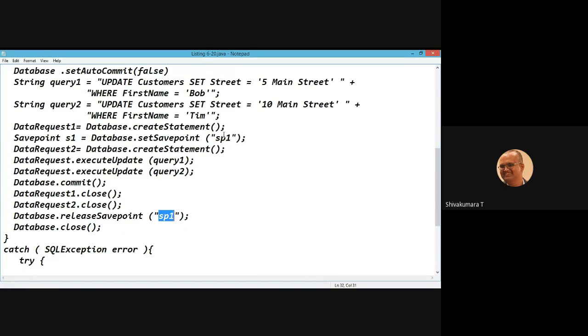This snippet code illustrates how to set the savepoint and how to release it. The parameter is the savepoint name. It begins here and releases here.